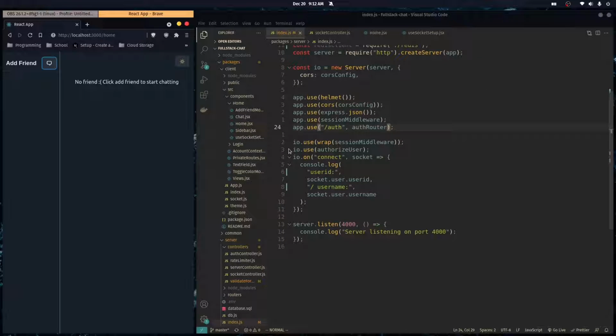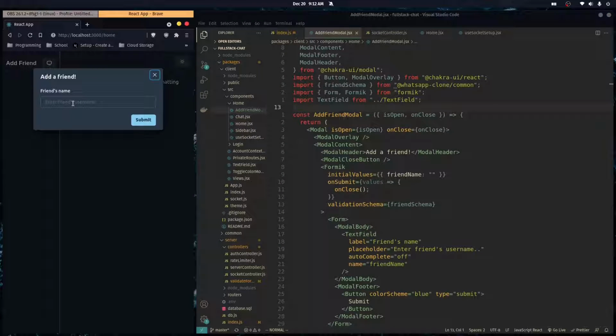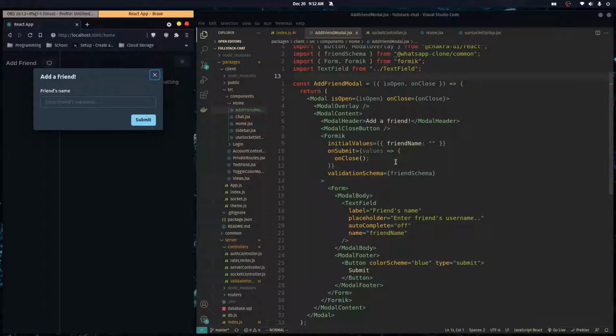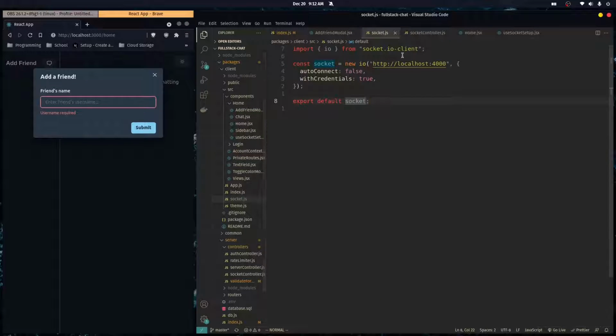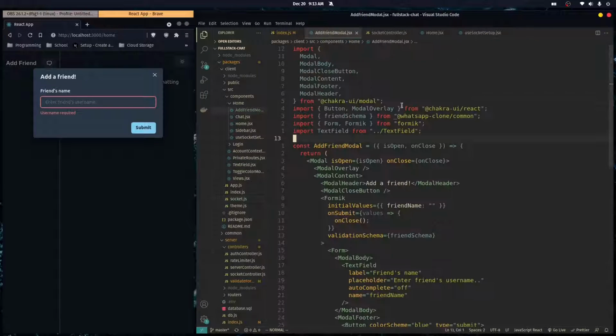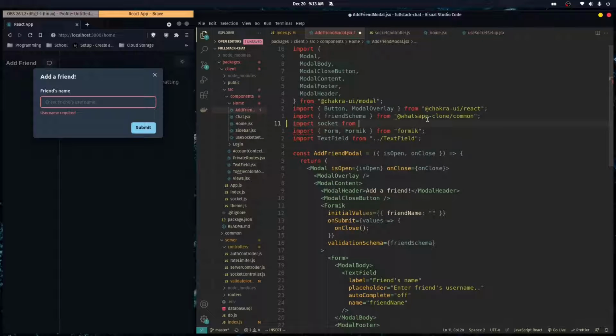So the first thing we want to do is go over to our front end in React, and I'm going to go over to the component for this modal for when a user submits a friend's username. And here we're going to do an event in SocketIO to send over this username to our SocketIO server. So the first thing we want to do is import this SocketIO client instance that we created into this file. So I'm just going to do that. Import socket from